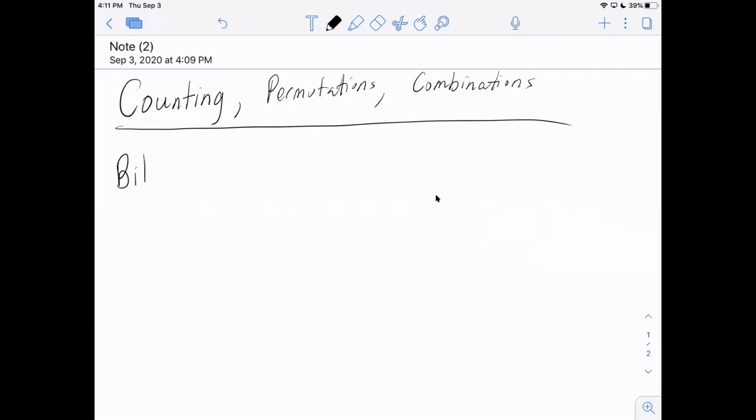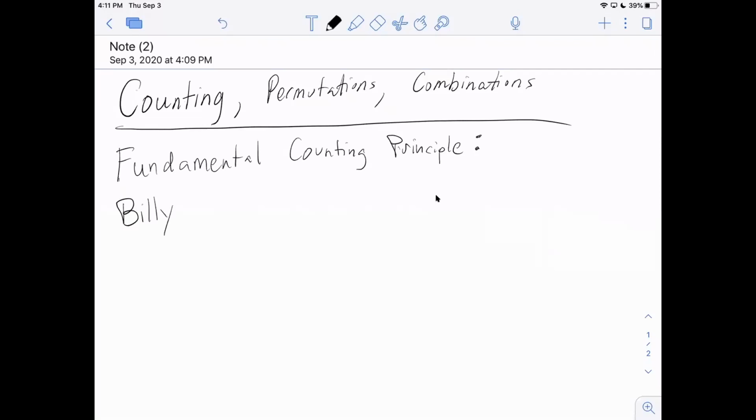But let's start off with something really straightforward. Billy, it says here, this is a fundamental counting. So here's the example. Billy has